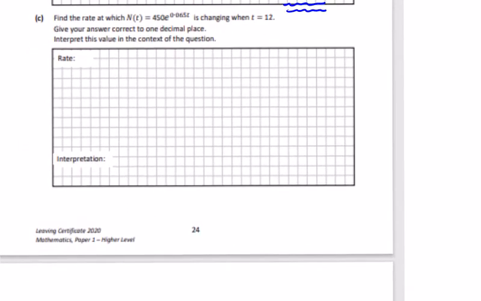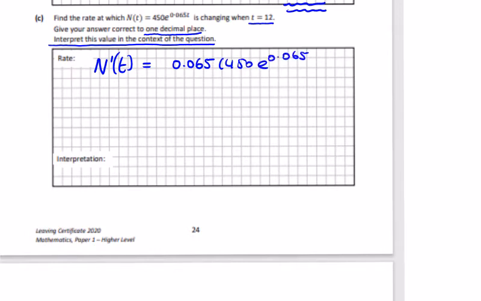Now find the rate. So we have a rate of change question. When t is equal to 12, answer to 1 dp and interpret this value in the context of the question. Easy one to correct. So rate of change is differentiation. So N prime t is going to be 0.065 brought in front times 450 e to the power of 0.065t. That's differentiation. I can multiply the two constants here to get 29.25 e to the power of